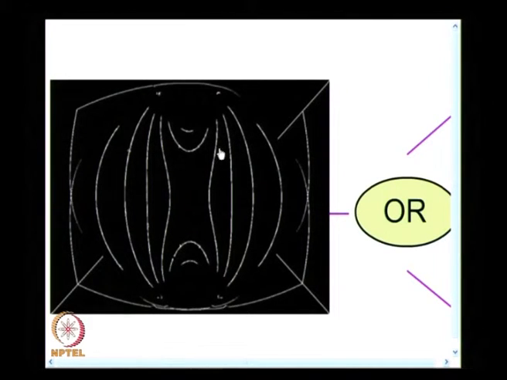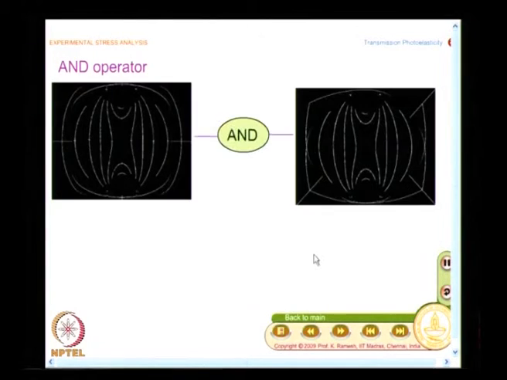What you find here is the fringe skeleton is reasonably comprehensive and has branches of noise. In this zone you do not see much noise, but in some other applications you will also see noise even here, depending on the fringe orientation. The fringe orientation is a key point. So, in a very generic problem, 0 degree, 90 degree, 45 degree and 135 degree scans really help. Now, what I do is the AND operation of these two OR results, and that is what I am going to see here.